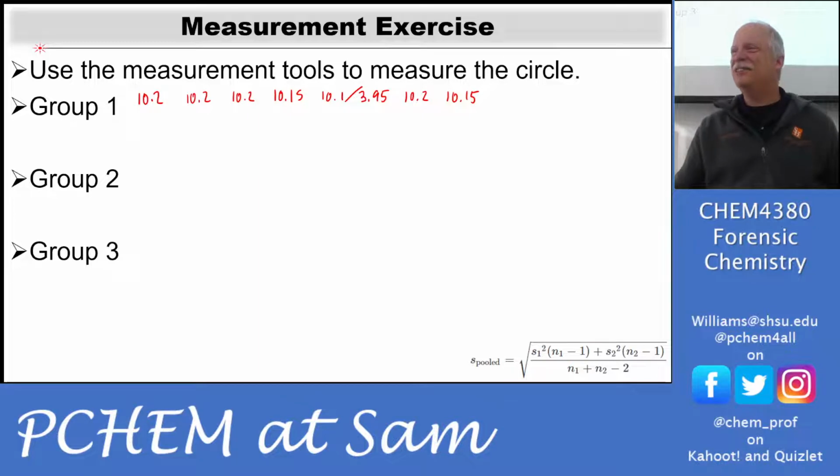But that's what the instructor called it. I thought of eggnog when he said it, but yeah, you do an eggnog analysis of good, which is just to see if the data is good, right? And yeah, this looks pretty good. Most everything's centered around 10.2. We have a 10.15. So it looks like the circle's 10.2 centimeters. Now, some people wrote diameter on here, so it looks like this is equal to the diameter.